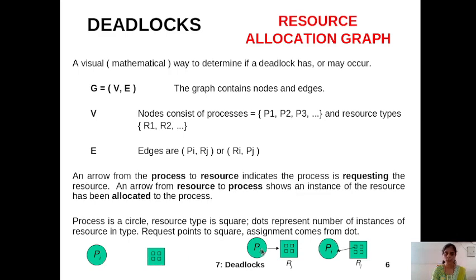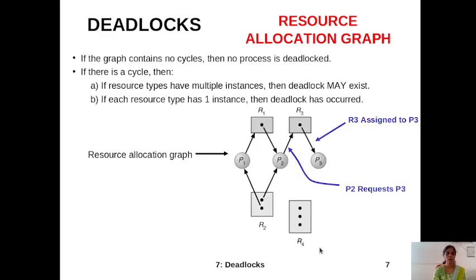So the edge from Pi to Rj indicates that Pi is requesting one instance of Rj. Process Pi wants or requires one instance of resource Rj. The edge from Rj to Pi indicates that one instance of resource Rj has been allocated to Pi, that is, Pi holds one instance of Rj. Moving on further,